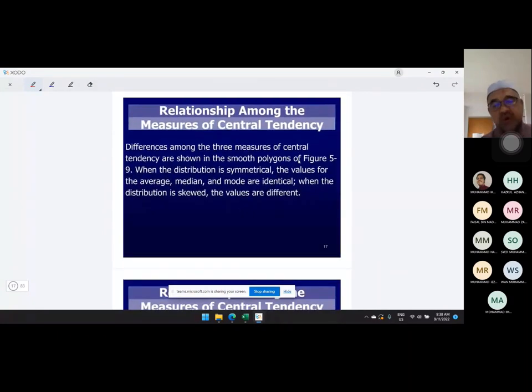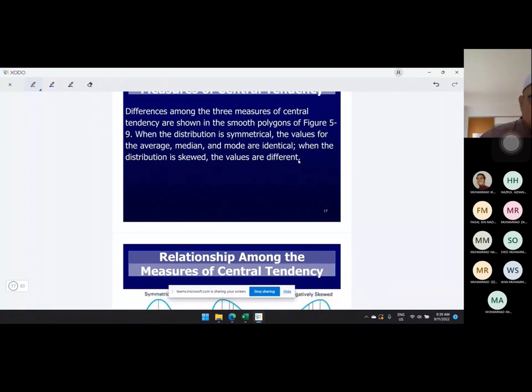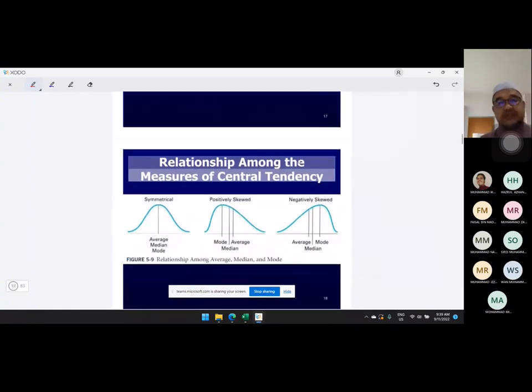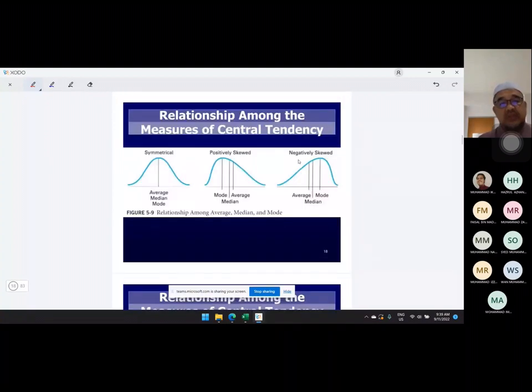So it can be one mode, it can be two modes, it can be multi-modes, and maybe no mode at all, because all the numbers occur with the same frequency. So a normal curve, if our data can be approximated with a normal curve, then we can see that the mean or the average will be the same as the median and the mode. Otherwise, we will have these situations where the mode